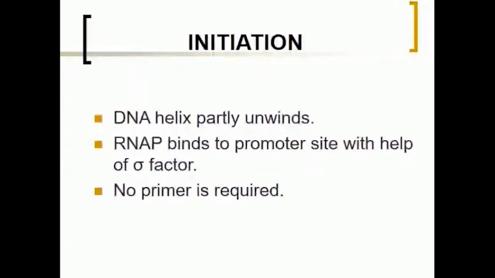What does the Rho factor do? Because the DNA is double stranded, the strands are linked together by hydrogen bonds, right? What the Rho factor does is it removes the hydrogen bonds between the two strands. So the Rho factor removes the hydrogen bonds and unbinds the 2 strands of the DNA. So the function of the Rho factor is to separate the 2 strands. So the RNA polymerase goes and binds to the promoter site and it starts transcription.